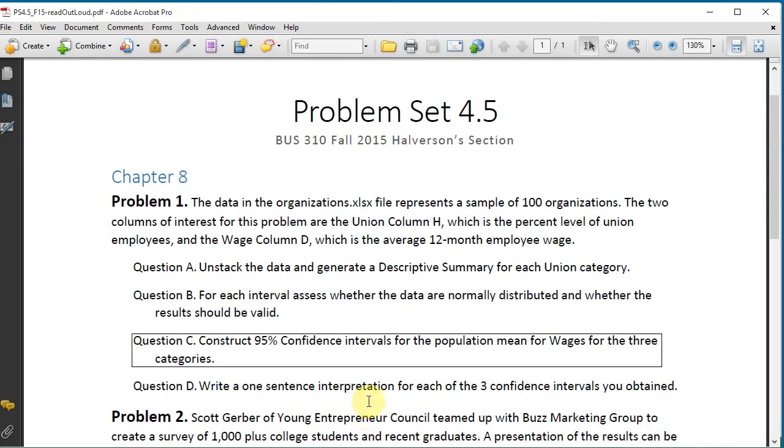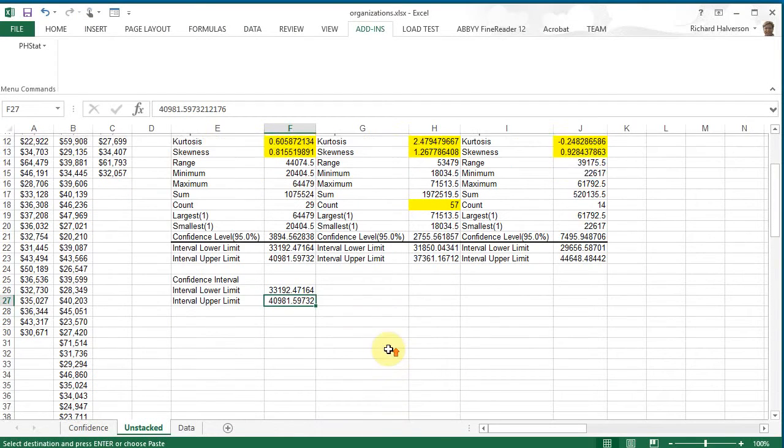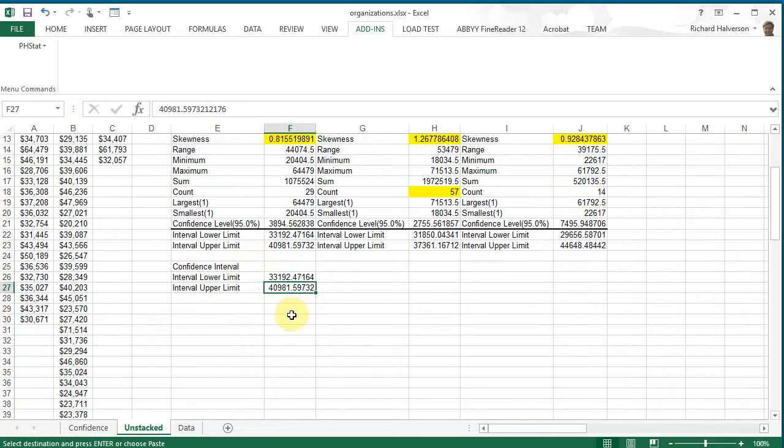So what's next? Question D. Write a one-sentence interpretation for each of the three confidence intervals you obtained. Okay, we can just write that here. I'm going to write it for this one. We are 95% confident that the average wage for